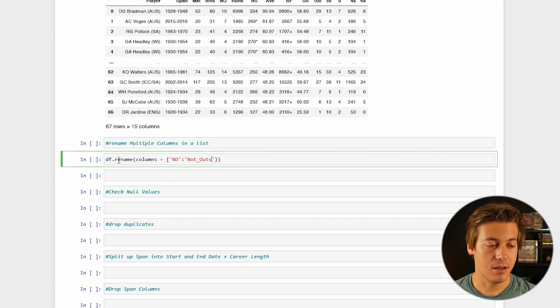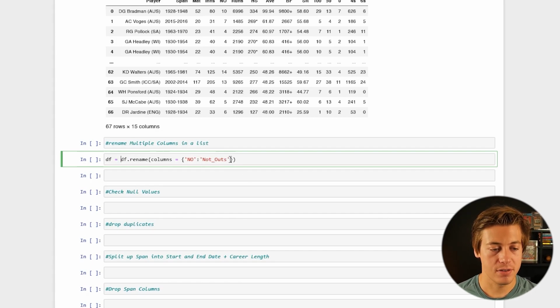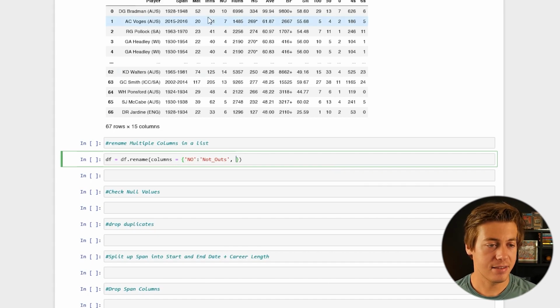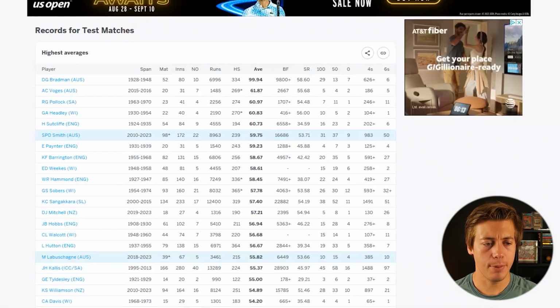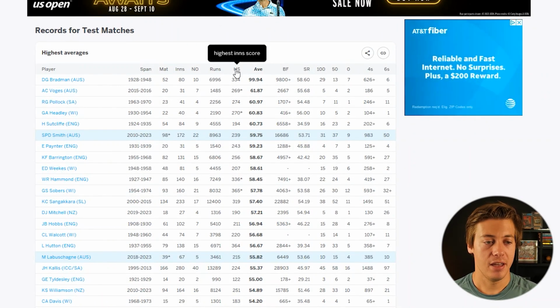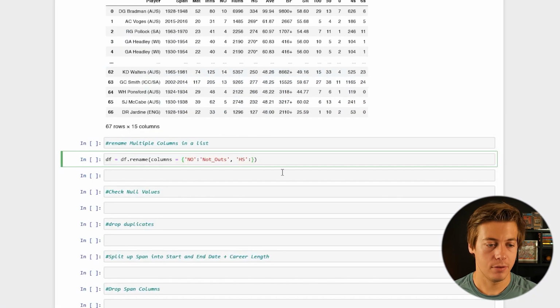Now, if I run this on here, we're going to just see how this would change it, but this isn't assigned yet to the original data frame. To do that, we have to put df equals, and then we're renaming all of those. But I would like to rename multiple. So we already have that. The next one I want to rename is HS. So I'm going to put HS over here. And if we go back over here, HS is highest innings score. So we'll just put